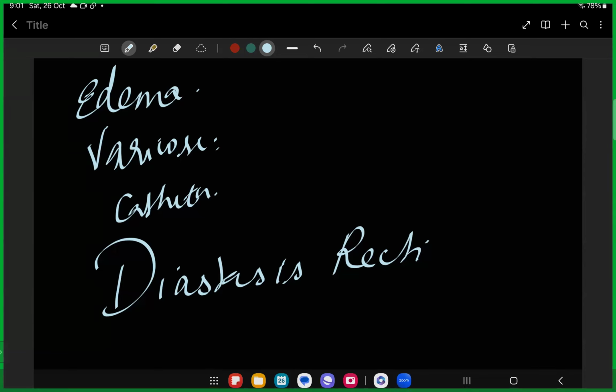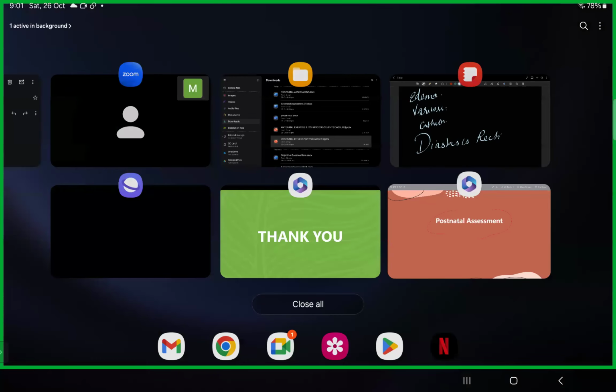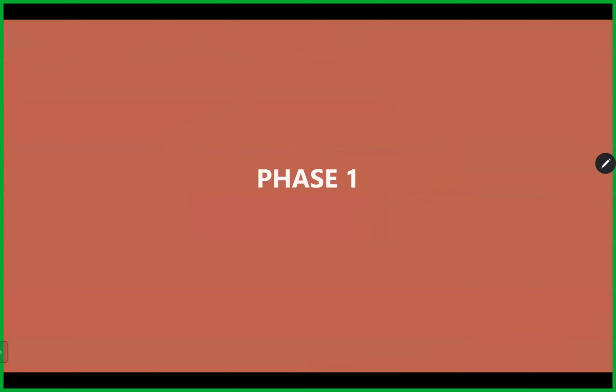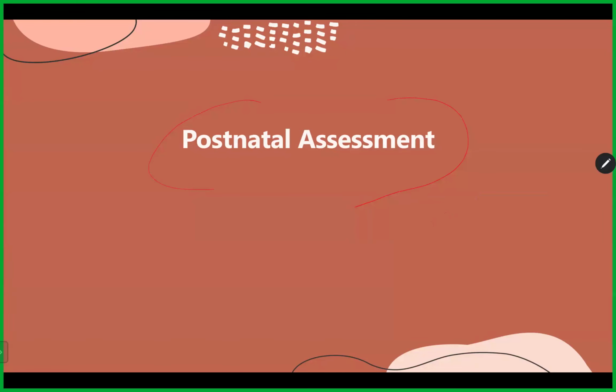Okay. Now let's go back. That's an idea about the postnatal assessment. Now let's see about the exercise. It's just like your first trimester, 2nd trimester, 3rd trimester, same way. Day 1, you will not go and tell them to do bridges and clamshell and everything. Go easy on them. Teach them breathing exercise, shoulder rotation, shoulder shrugging. So in the upcoming slides, you will see I've mentioned phase 1, phase 2, phase 3. If you Google phase 1 exercise, phase 2 exercise, you will not get it.